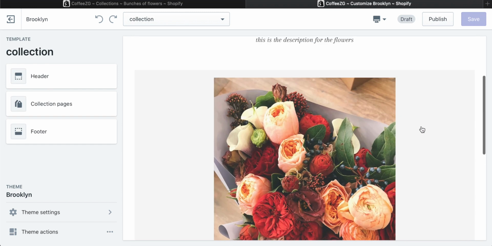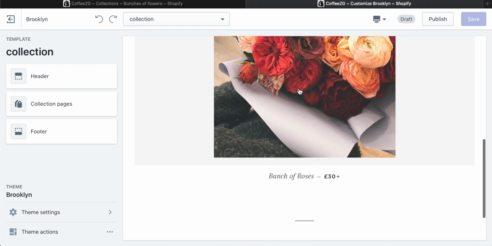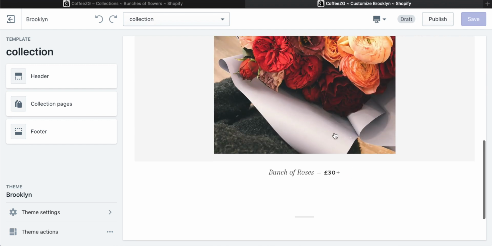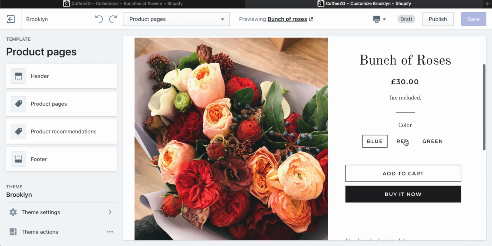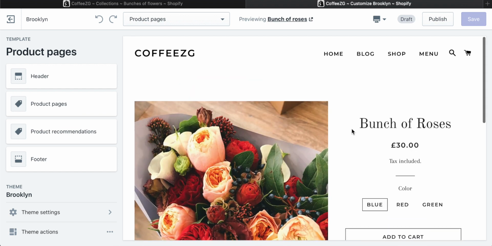And right now I just have one product in here, which is this bunch of flowers. You can see it's displayed here. If I click on this, it then takes me through to the product page where I can go and purchase, and there's some color options as well. So that's really great, but there's also a second way, and that is putting collections up in the top header